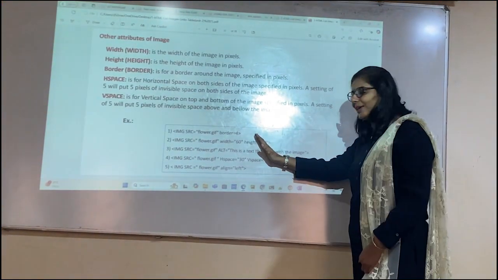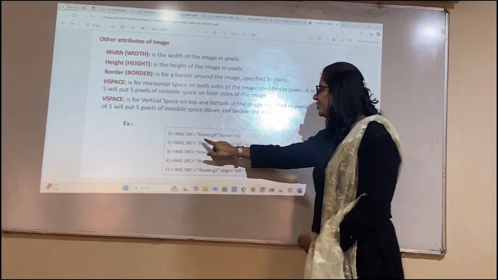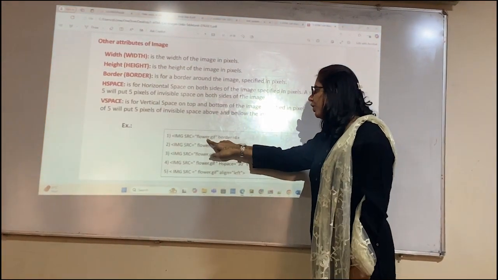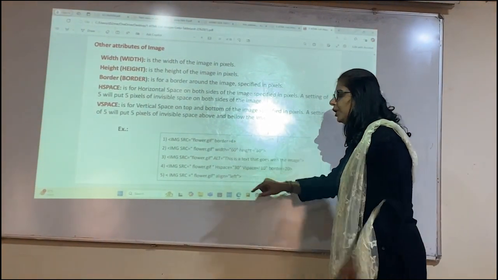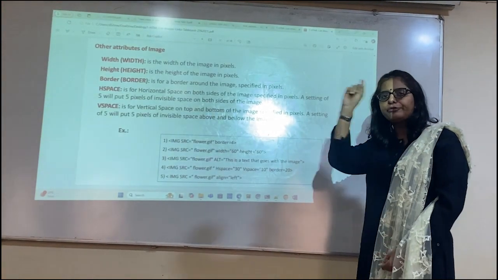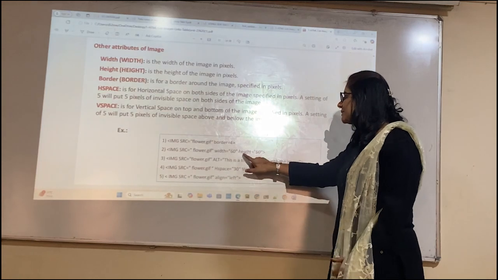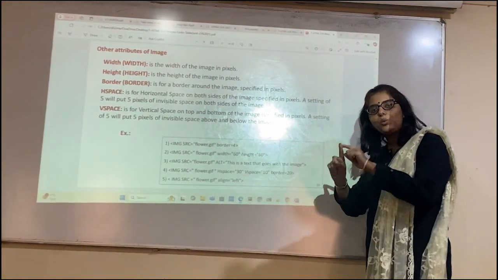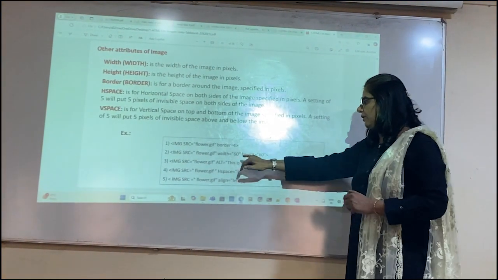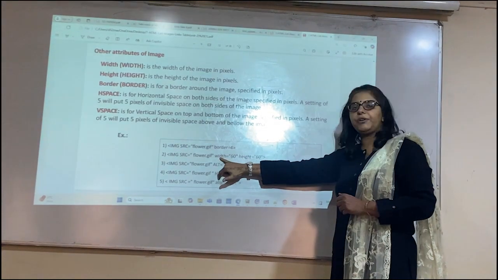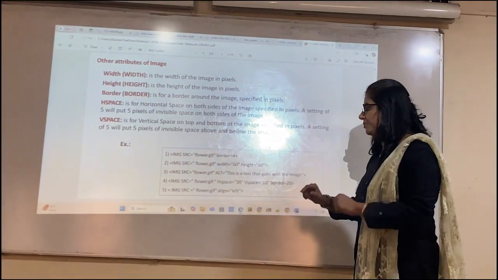This is the basic example: img src flower.gif border equals to 4. So it will create a border of width 4. img src, then width equals to 60, height equals to 60. Then it will give a height of 60 and width of 60 to the image.